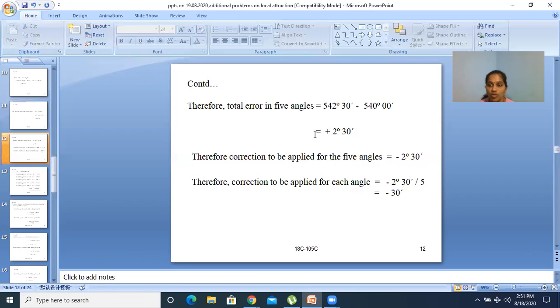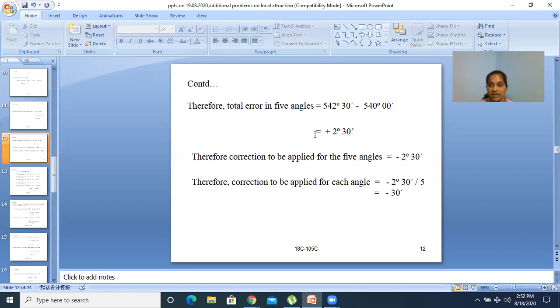Then we have to compensate this plus 2 degrees 30 minutes with minus 2 degrees 30 minutes by applying it over all the 5 angles. Therefore, the correction to be applied for each angle is